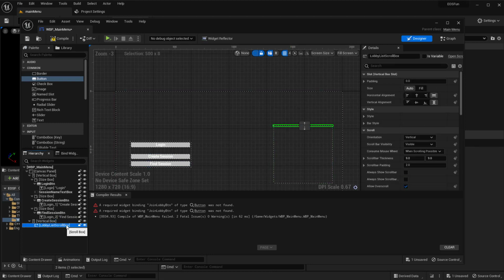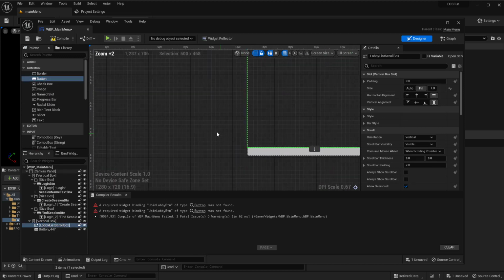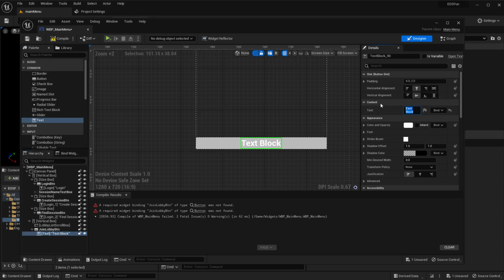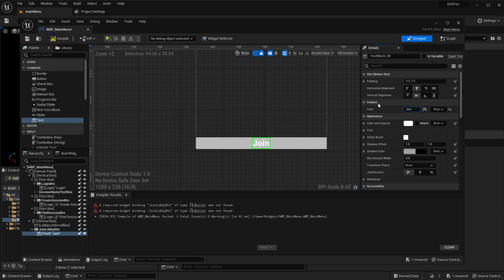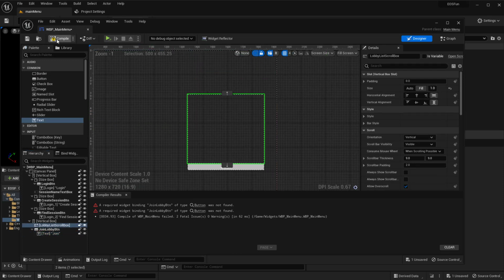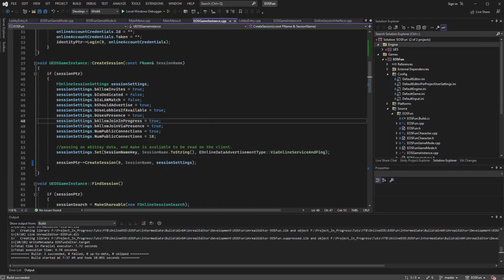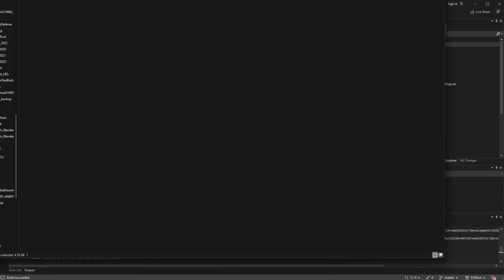And lobby scroll box should be filled, and then we drag in a button to the vertical box. That's right. And then the button will have a name, join lobby button, and have a text. And let me just change the text to join. That should be it. Let me compile and save this, and then I can safely close the editor, and then we can test it with our